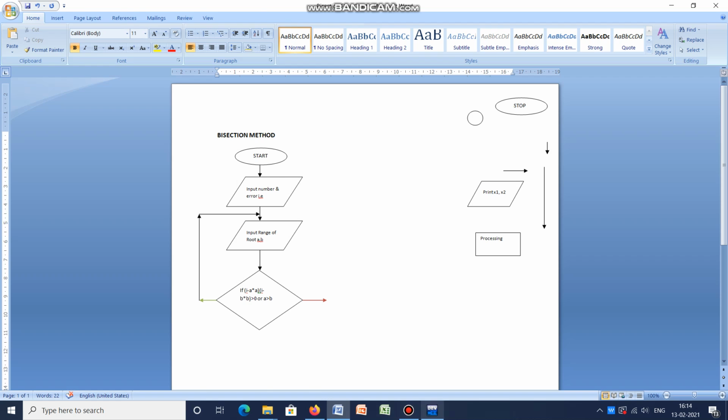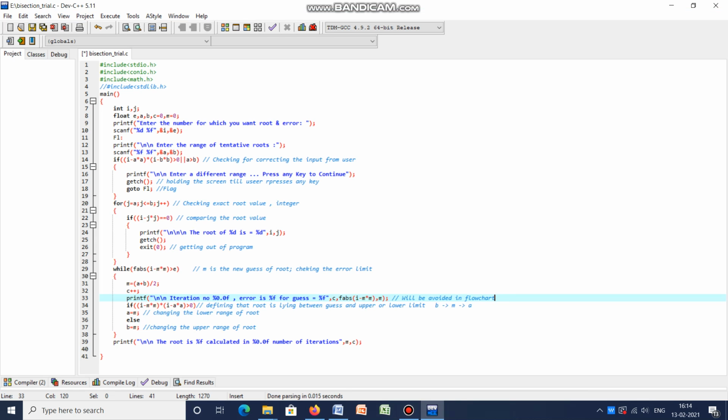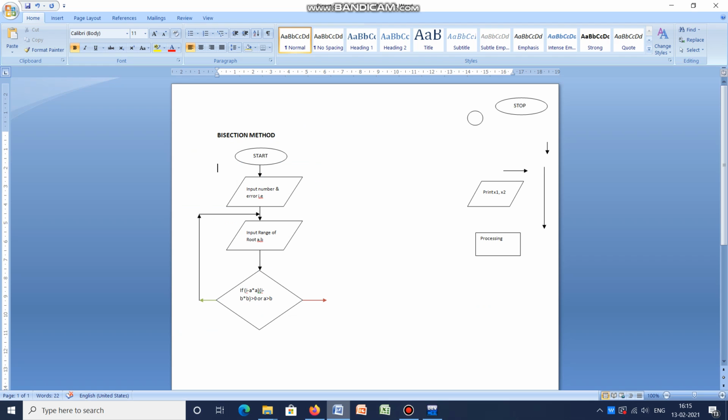If it is no, means as per my program, then actually exact root was checked, but I am skipping this portion. Then I am coming here. If it is no, then I am going to check while. Here you see some declarations are there. A B C equal to M. Okay, तो ये तो A B इनपुट हो गया. तो हमें एक चीज करना होगा. C equal to 0, M equal to 0. This is nothing but assigning 0 value to these variables. Okay, so that is certainly included in processing.